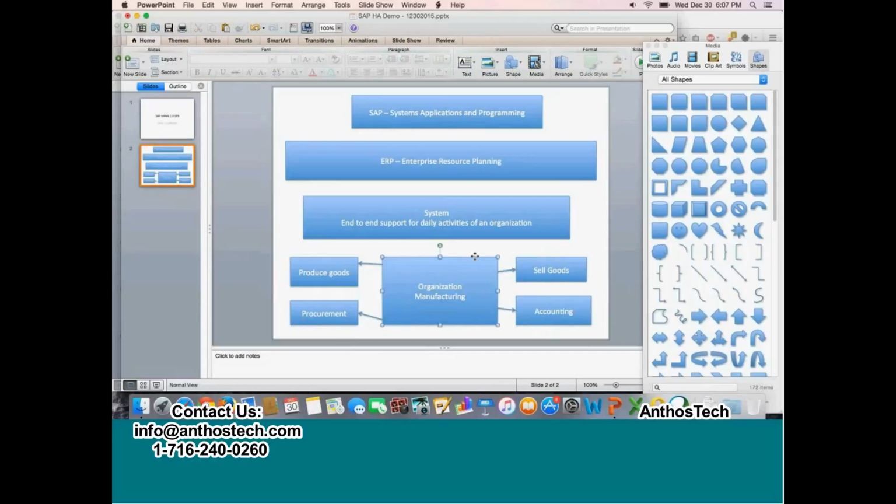So a system that supports all these different day-to-day activities, meaning someone places a sales order for a product, and the system will determine whether the product is available or not, and then it ships the product to the customer. All these activities are day-to-day activities of an organization, and the system that supports all these activities is called an ERP